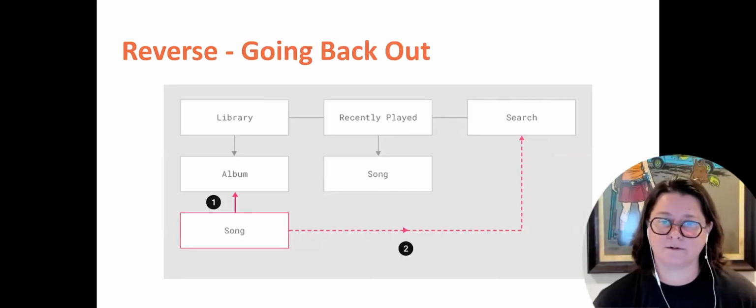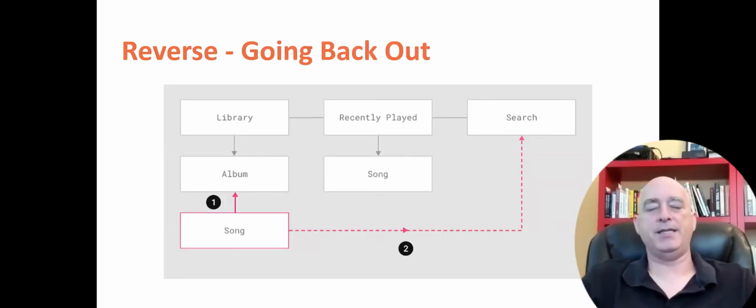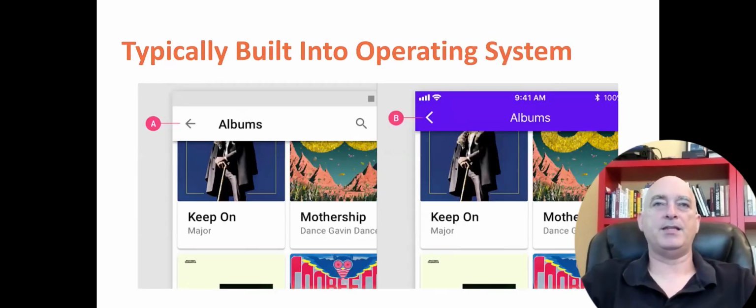That's right. Okay, last, and luckily this is the easiest because it's built into the mobile operating system, is how to get users out of those screens and back up to where they can do something else. And this is the back key that's in Android and iPhone that they've trained every user, hit this button and you'll pop out and go up or back the way you came in. And you're pointing to